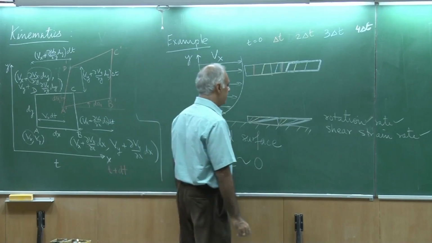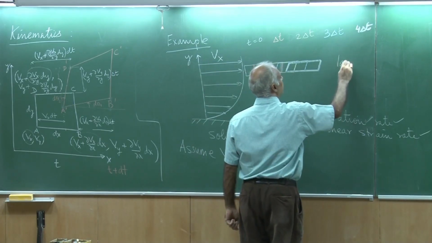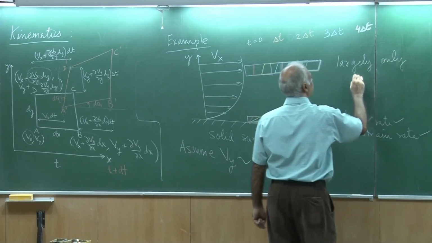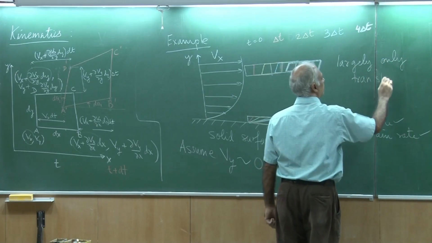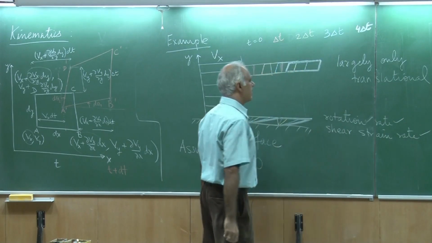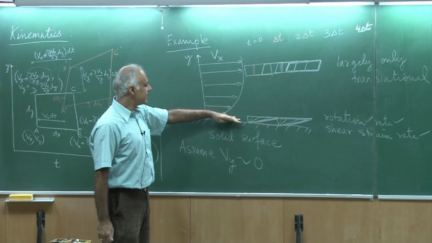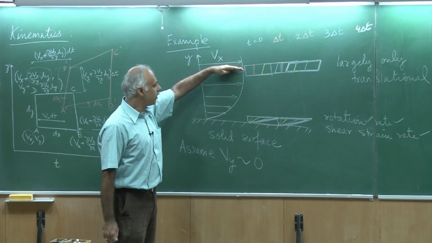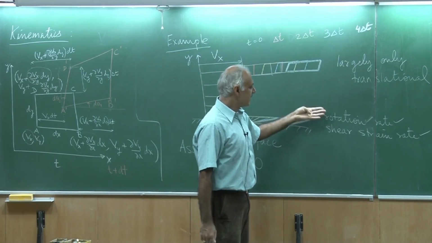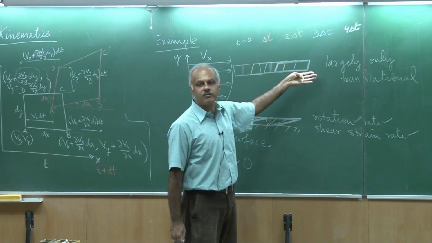Okay. Whereas here the flow is largely only translational. Because we are outside the gradients. Okay. Here the gradients are small, here the gradients are small at the top, the gradients are large here. So you would get a rotation rate and a shear strain rate, but here the flow behaves as if it is almost like a uniform flow.